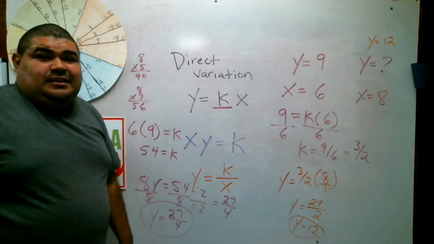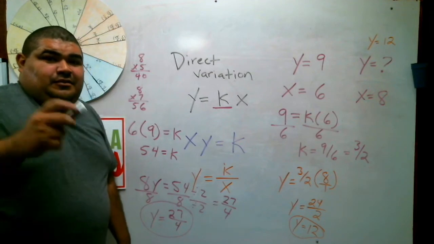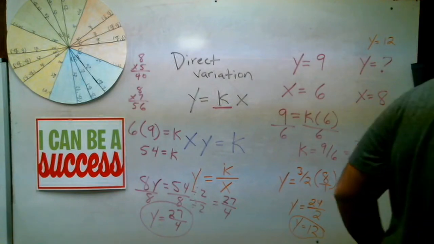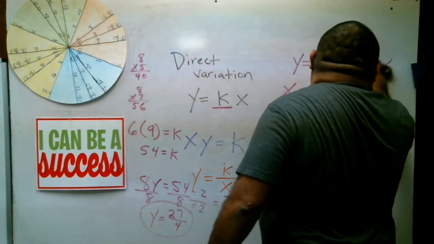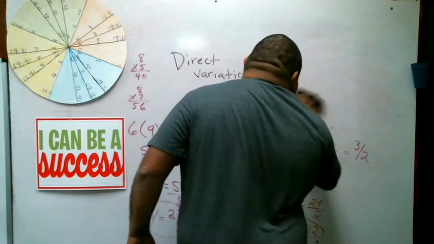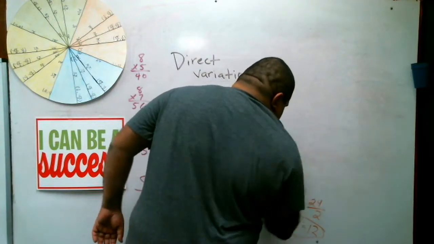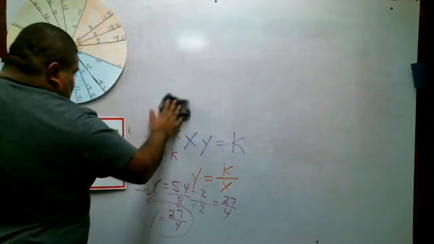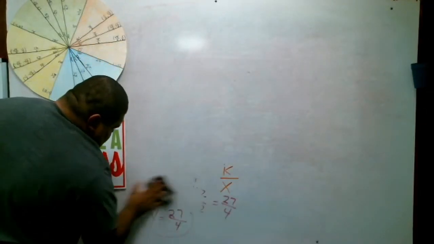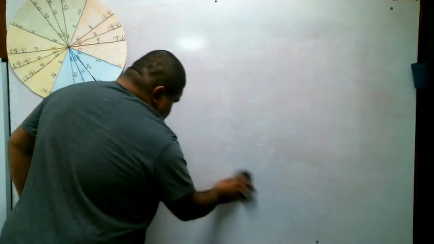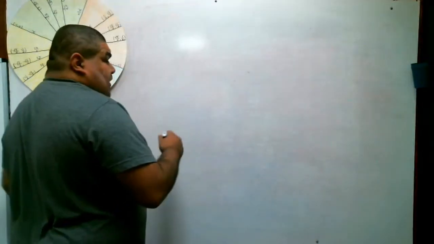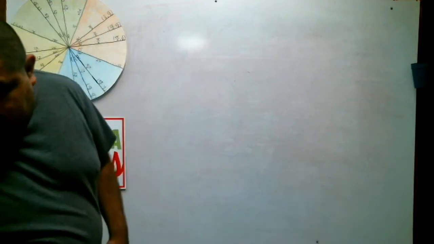If you have any questions, guys, let me know, all right? So here's your assignment for today. Alright guys, your assignment for today is, you're going to find both, okay? The direct variation and its inverse. Your problems are